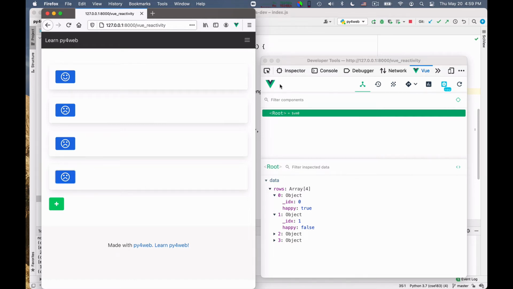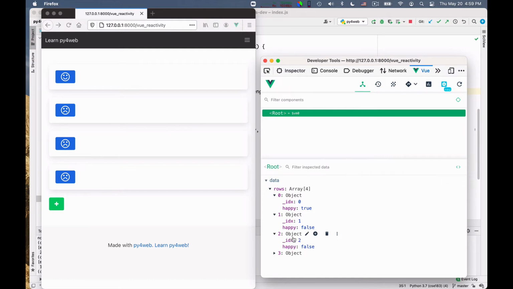Maybe, let's see if the Vue inspector tells me something, okay? So this is element 2, and this is a new element. It looks just fine. Let me toggle the element 3, index 2. Yes, this toggles fine. Let me toggle 3. Oh darn, 3 doesn't work. 3 is the new one I added. Why doesn't it work? This is just crazy.